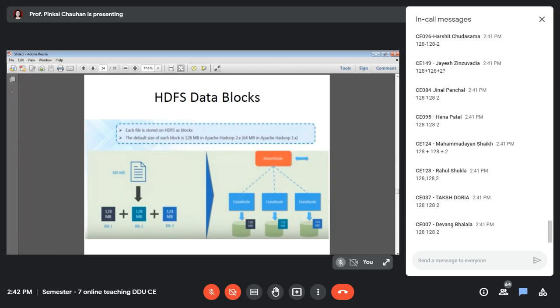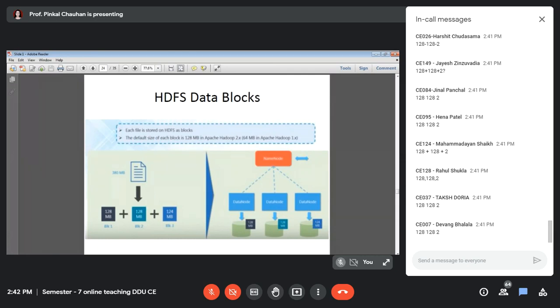So you talk about any file. Let's say you are dumping a 1 TB file. Again, it gets divided into such blocks and gets stored in the form of blocks. So any kind of data you talk about, even absolutely unstructured data, gets stored in the form of HDFS data blocks in Hadoop. So is that clear about HDFS data blocks? Any doubt? Everyone is clear with HDFS data blocks?